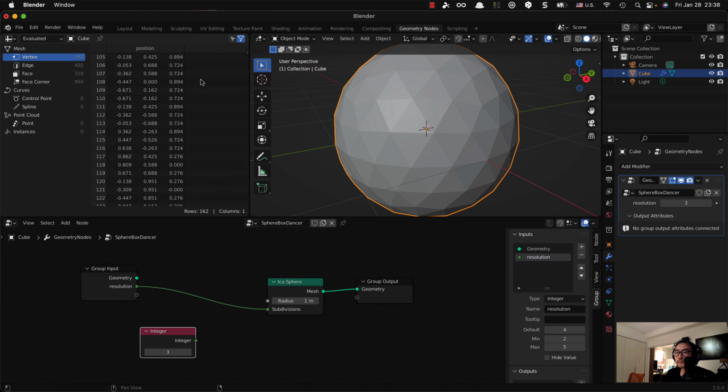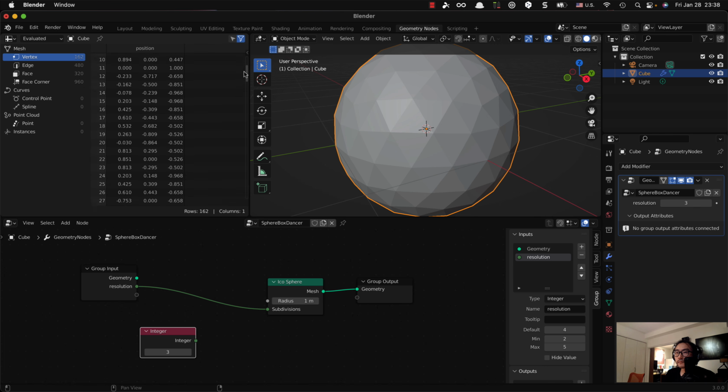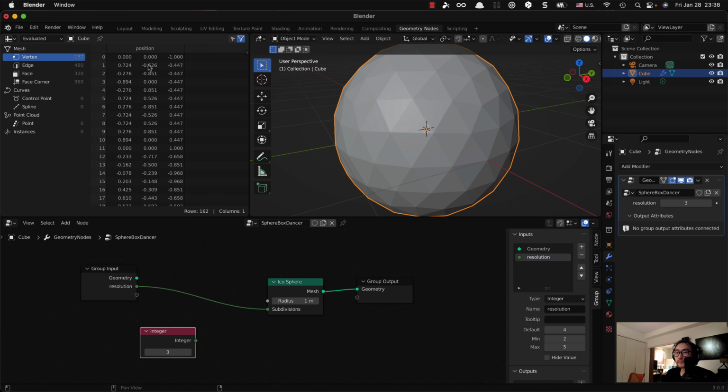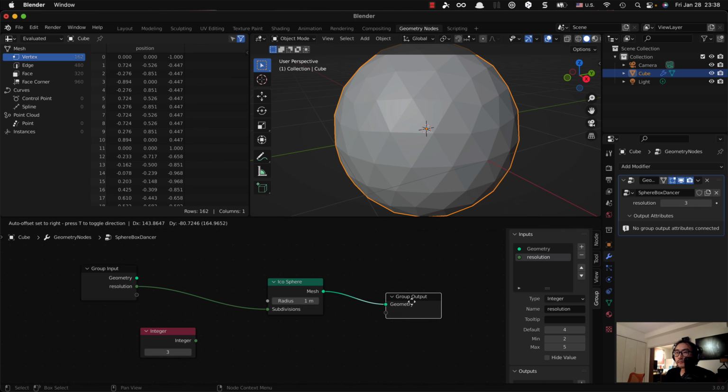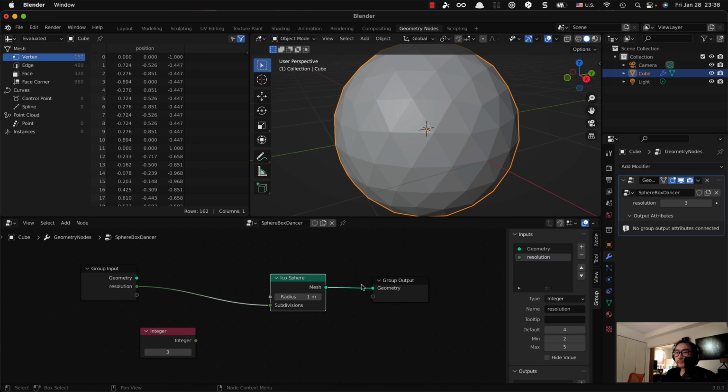In this case, we have 162 vertices for this sphere, and the information on this spreadsheet is always coming from this group output. Any geometry that has been connected to the group output geometry is going to be shown up here